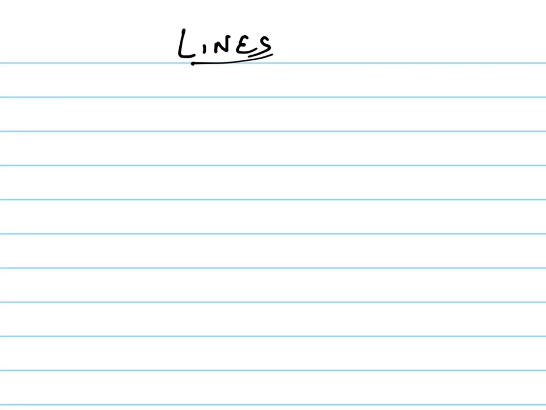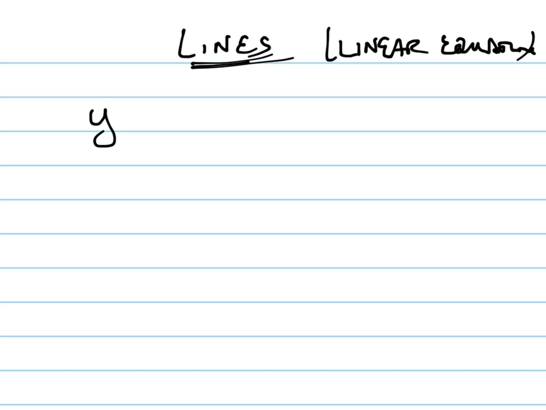Let's talk about lines and what makes a line a line. They're also called linear equations. The lines are what you get when you graph them. So a linear equation is an equation in two variables. It's an equation that doesn't have any exponents on it, and something like y = 3x - 1 would be a